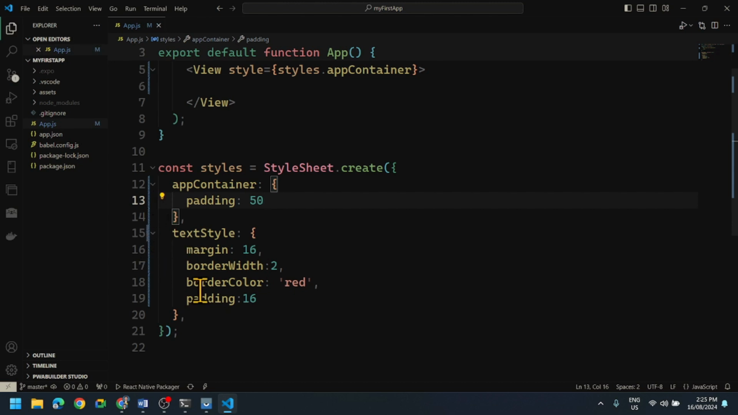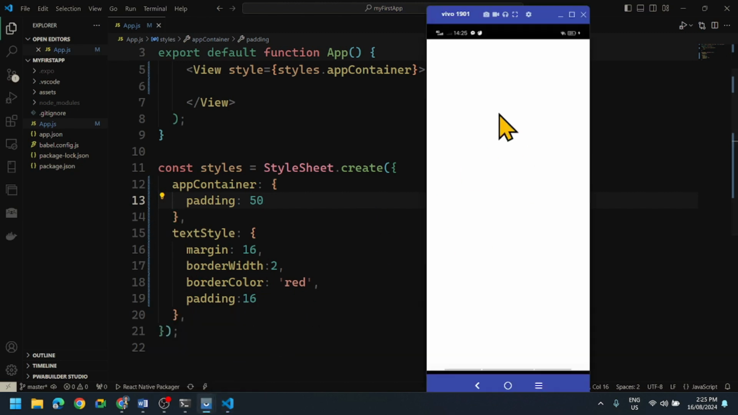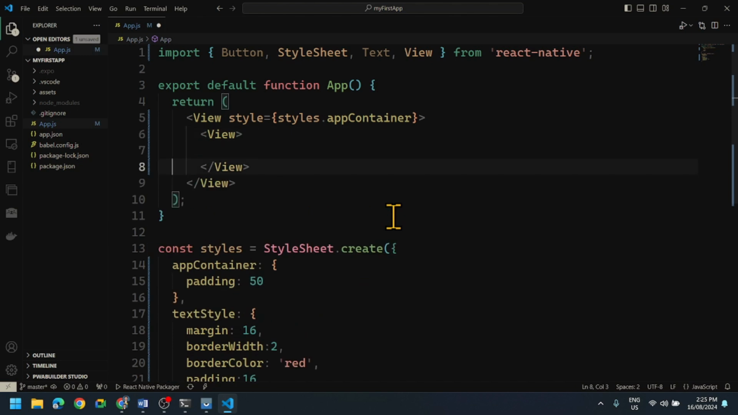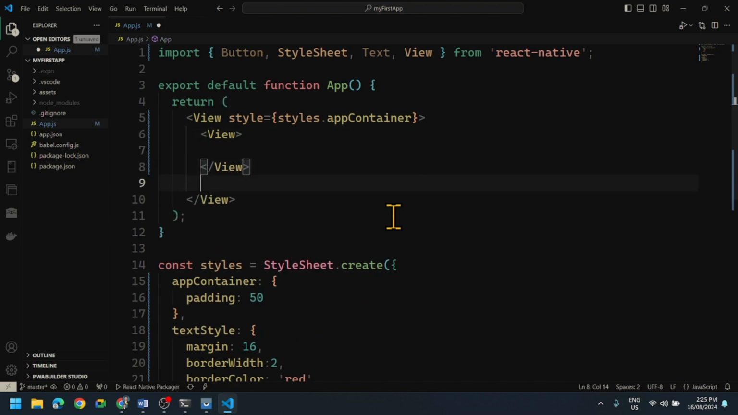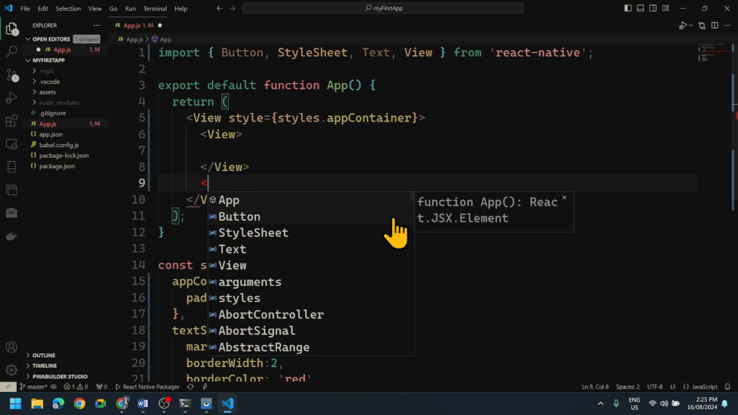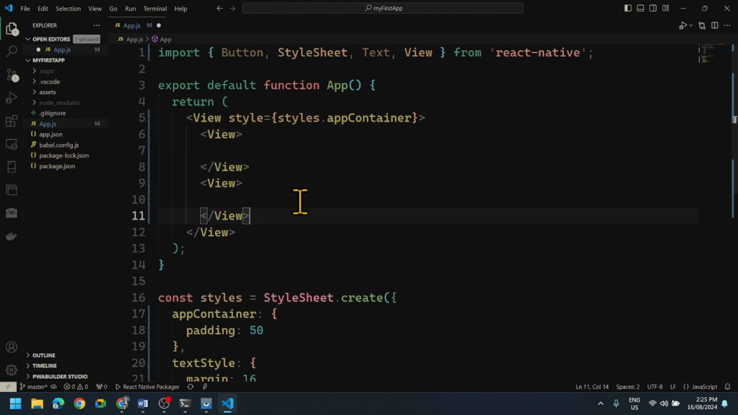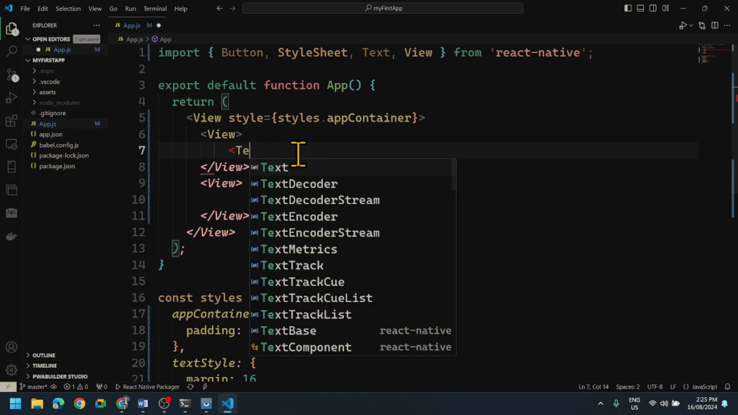So as you can see, and if you want to see, this is our application now. Inside this view, we can now have multiple views. Let's create multiple views. This is the partition of our screen. So we have a view and another. Let's copy this one, another view. So inside this, let's put a text,